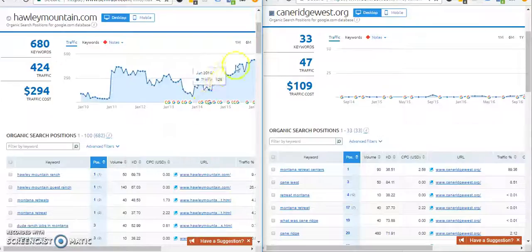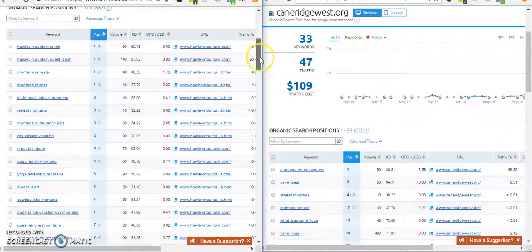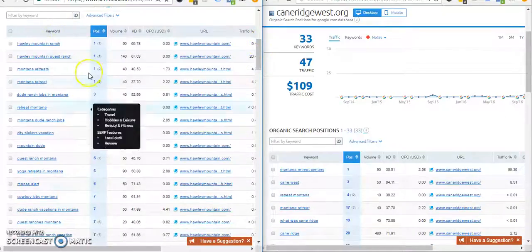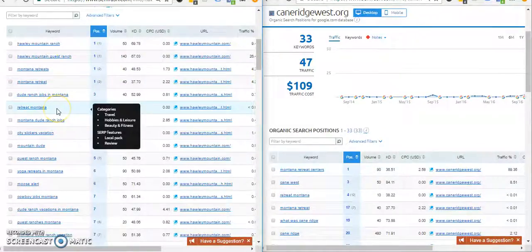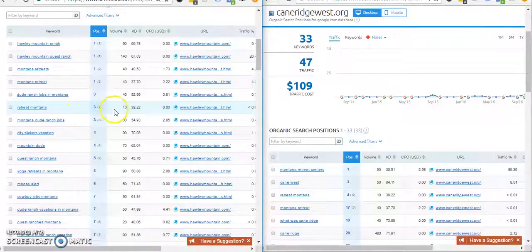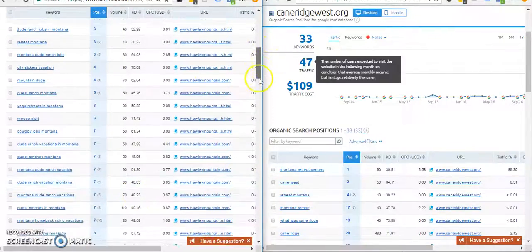So as you can see here, there's 424 search visits coming from searches from these terms here, and most of them will be from this lot here where they're appearing in the top 3. So ones that would be applicable to your own business: Montana Retreat, Montana, these sort of things. Although it's 10 searches a month, 40 searches a month, being on the first page, which all of these are,